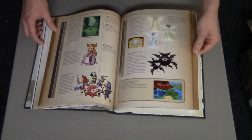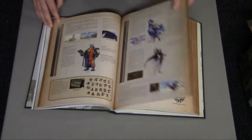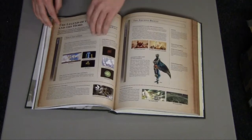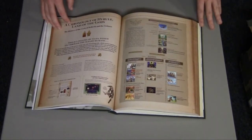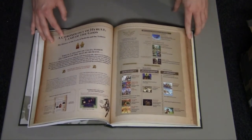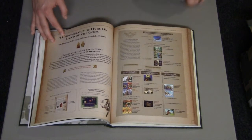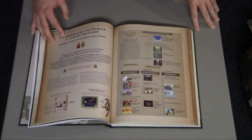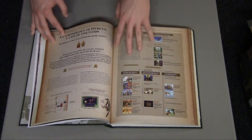Wow. Here is probably one of the biggest reveals of this book: timeline theorists can now at last stop arguing with people who say there is no timeline. There is a Zelda timeline, and here it is arrayed out in this book, and it's just really great to finally see. Now the great thing about this though is that it actually opens it up. The text says that